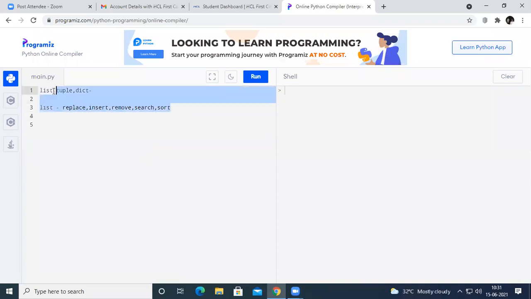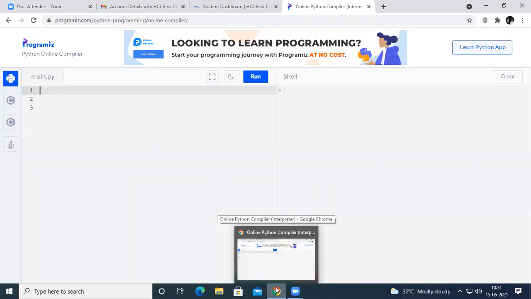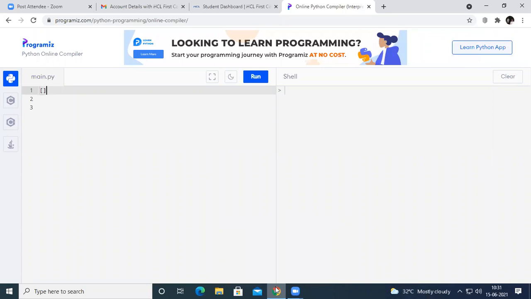With the concept of list, let us see how to define a list and how to access the elements of the list. So we all know if we use rectangular braces, then it represents a list. And if you use normal parentheses, it will represent a tuple. And if you use a pair of curly braces, it represents a dictionary. So it may be a list, or a tuple, or a dictionary.